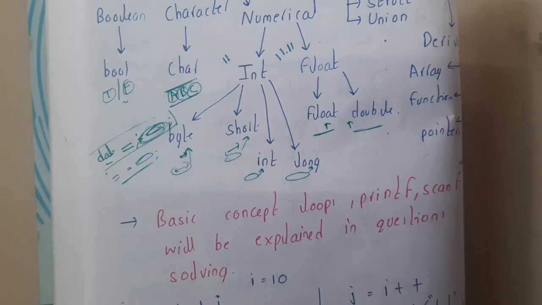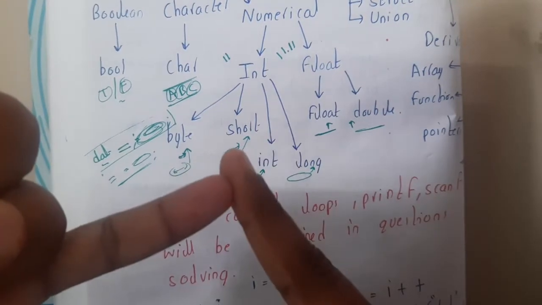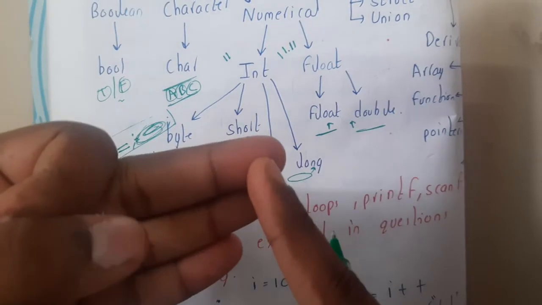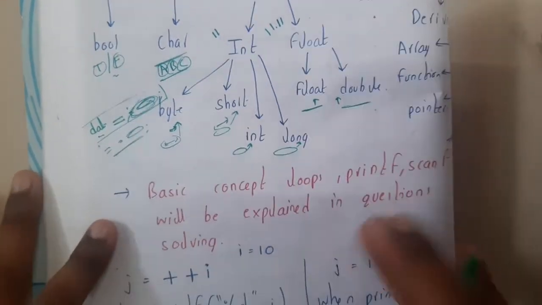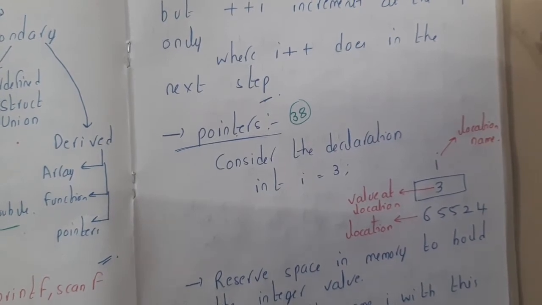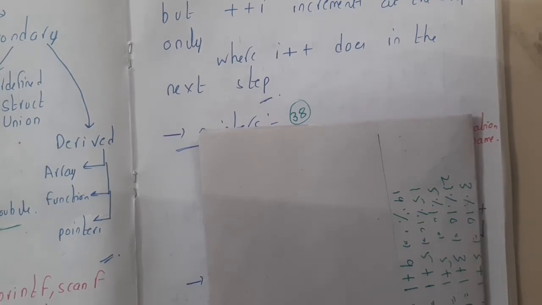Now let us continue with some confusing topics like increment and decrement, pre-increment and post-increment. Few people get confused by these things. Pointers, scopes and resolution we'll discuss in upcoming lectures, and in this lecture let us continue with the pre and post increment and decrement. I'm 100% sure around 50% of us get confused in them. Normally we think we are good with them, but in an examination, when we are checking the questions, we get confused with silly doubts.